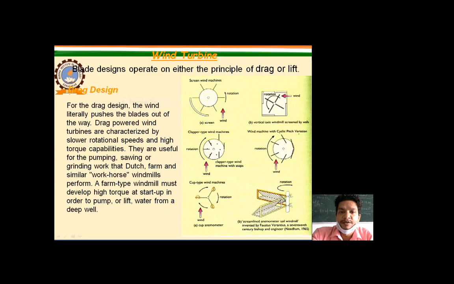Now, how is the drag to be designed? What is the significance of drag? Actually, when we talk about the airfoil geometry, what happens? A horizontal force and a vertical force act. The horizontal force, along the x direction, is known as the drag force. In the y direction, the force that acts is known as the lift force.